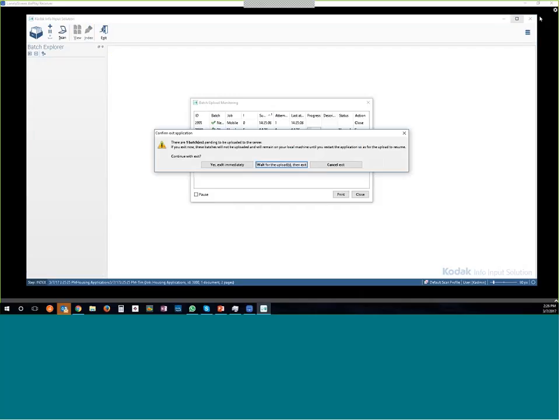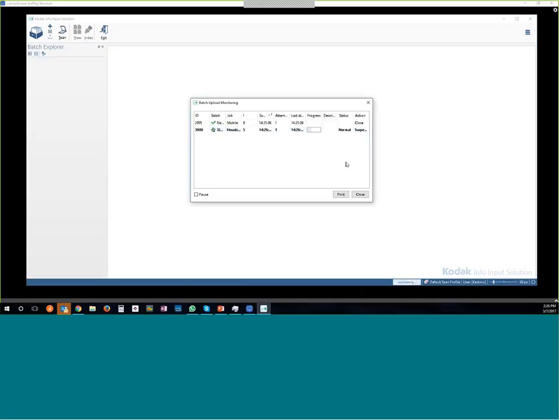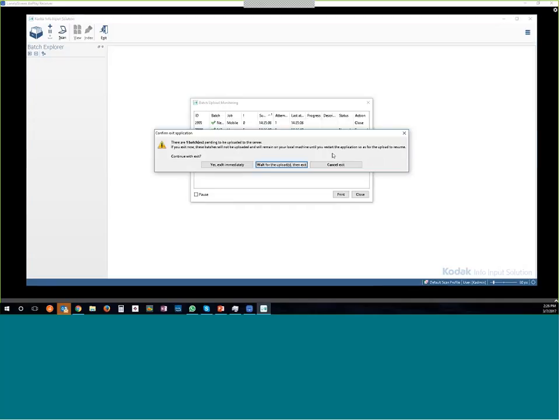So let's suspend that batch. Let's get out of here. Okay. So that's the Info Input product from Kodak. Now we're going to talk a little bit about some of the capture. Here we go again with my